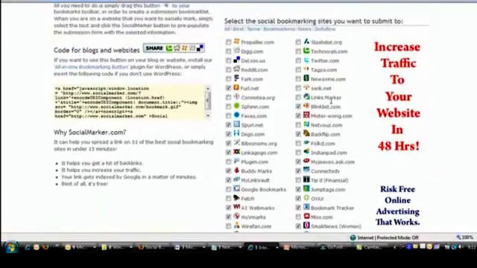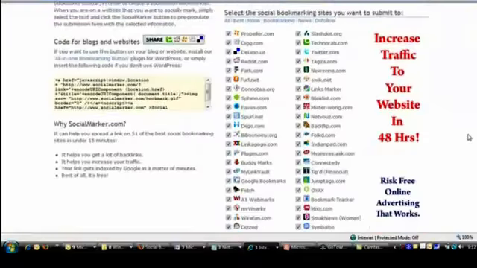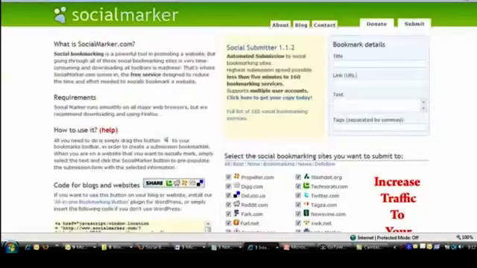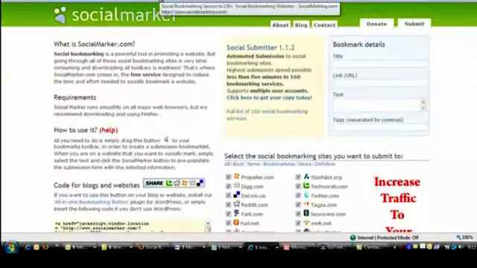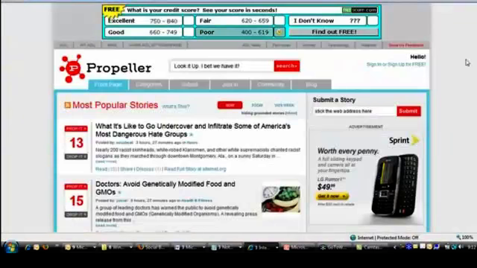But I like to do them all just because Propeller, Digg, Delicious, Reddit, all those are really high traffic and high authority, so they rank well. So I like to do them all. Same concept as with article marketing and press release marketing. The more you do, the more results that you're going to get and the more beneficial it is going to be for you. So let me just jump back here to propeller.com,